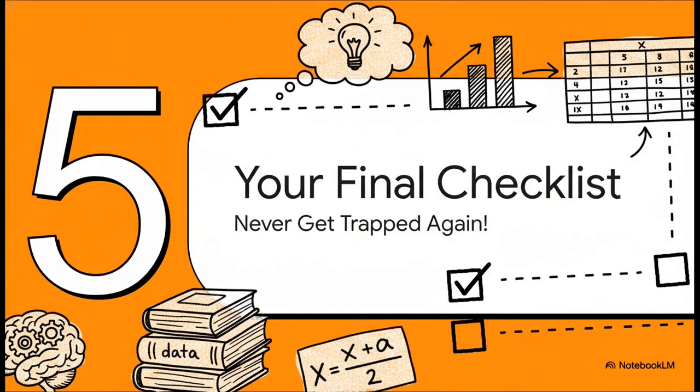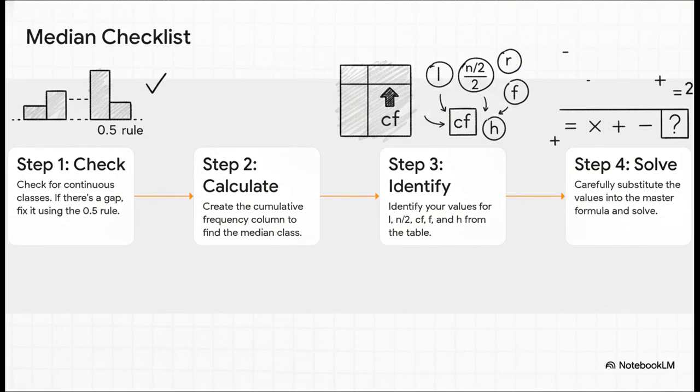तो इस पूरे प्रोसेस को हमेशा याद रखने के लिए और एग्जाम में वो ट्रैप वाली गलती कभी ना दोहराने के लिए मैंने आपके लिए एक फाइनल चेकलिस्ट बनाई है। इसे हमेशा फॉलो करना, ओके? तो इसको सिंपल से 4 स्टेप्स में याद रखते हैं। स्टेप 1, सबसे पहले हमेशा चेक करो कि क्लास कंटिन्यूस है या नहीं। अगर गैप है तो 0.5 रूल यूज करो। स्टेप 2, CF कॉलम बनाकर n/2 की हेल्प से मीडियन क्लास फाइंड करो। स्टेप 3, सारे वेरिएबल्स L, n/2, CF, F और H को आराम से आइडेंटिफाई करो। और स्टेप 4, वैल्यूज को फॉर्मूला में डालो और सॉल्व कर दो।